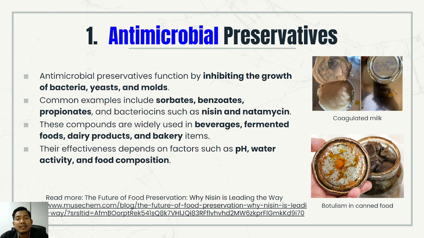In other words, a fluctuation of pH can affect the functionality of the antimicrobial preservative. This is some example of contaminated product which probably had a preservative or antimicrobial preservative, but it did not function well in the food product. This is the coagulated milk, and the bottom one is the botulism in the canned food, either due to preservative or maybe due to the processing